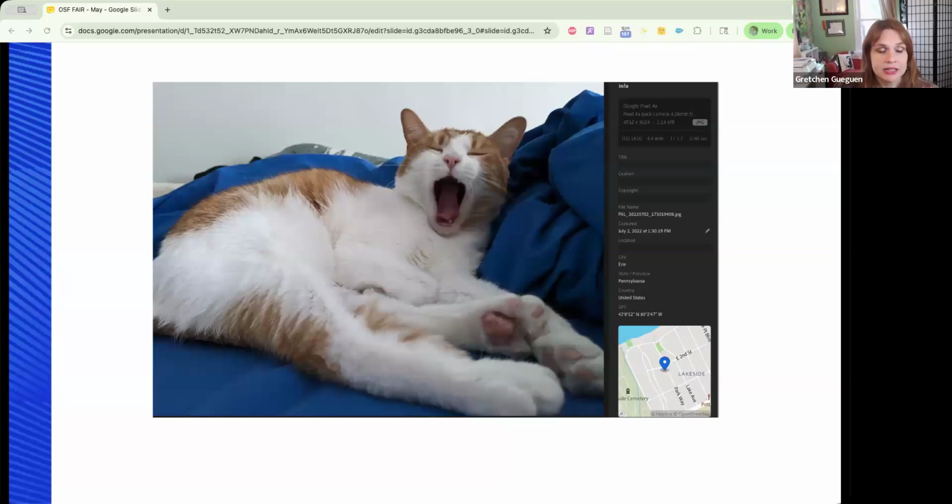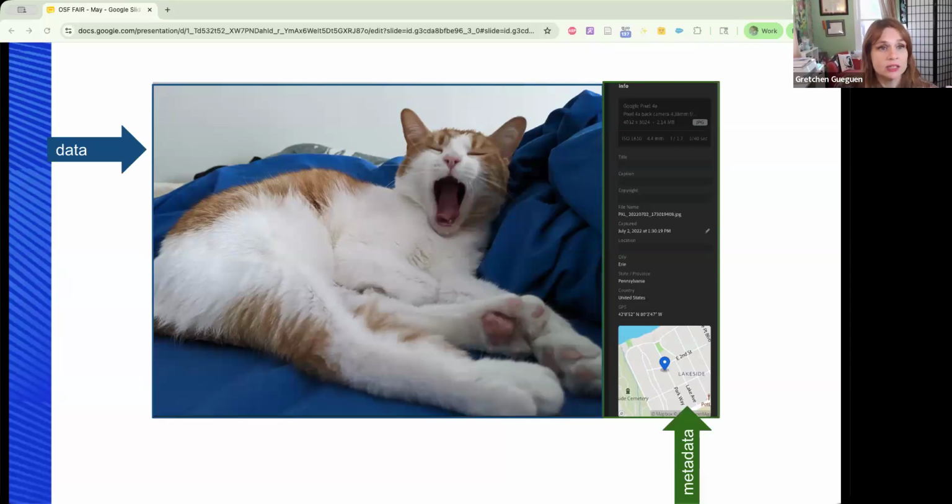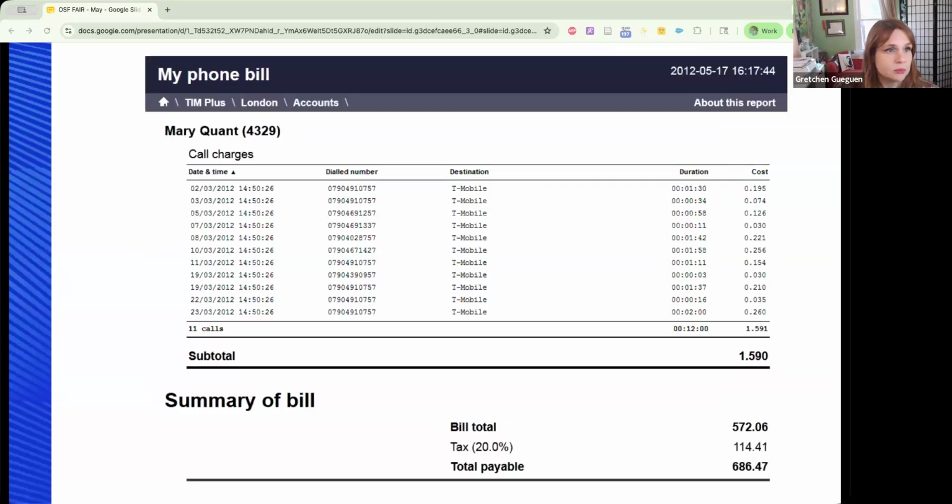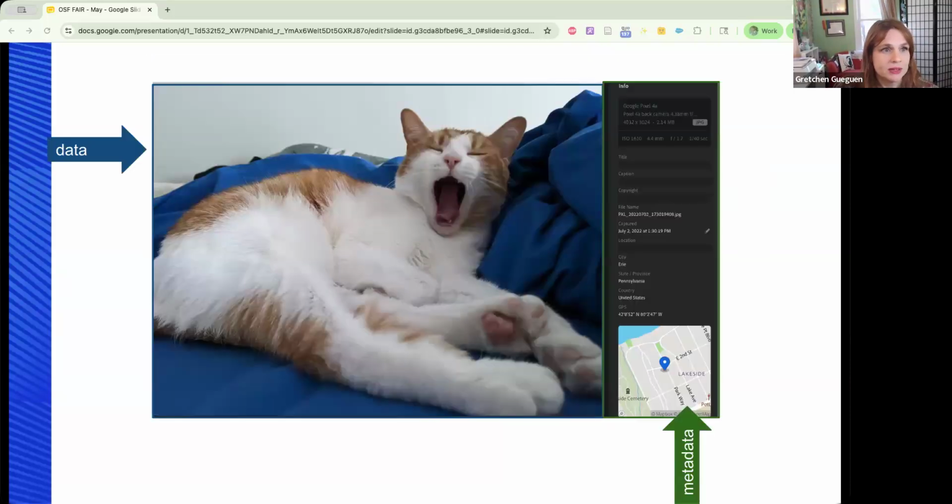Metadata isn't only for textual materials, as I also showed with the movie. This, in this case, is a picture of my cat, Clementine. And next to her is metadata that is actually encoded in the JPEG file. So you can only see this metadata when you use a tool that knows how to show it. So in this case, Adobe Lightroom. Oh, went to the next one. There we go.